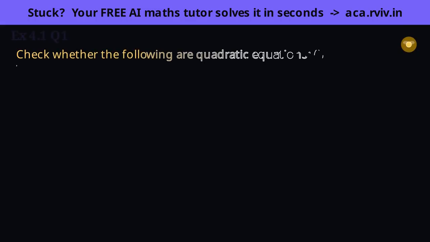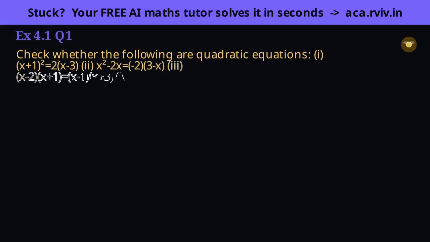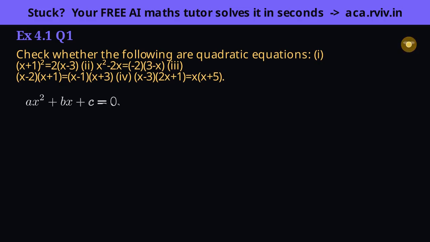Expand each side and see if a real x squared term survives. The test for, is it quadratic, is always the same. An equation qualifies only if, after we expand and tidy fully, a genuine x squared term with non-zero coefficient is still standing. The danger is that x squared can appear on both sides and quietly cancel, so we must simplify each one honestly and look at what's left.